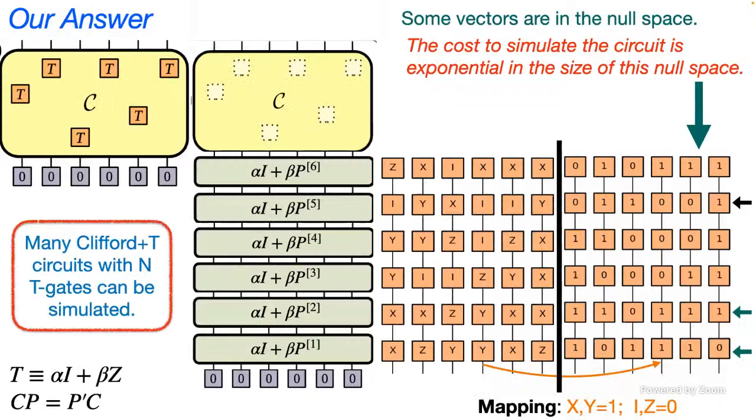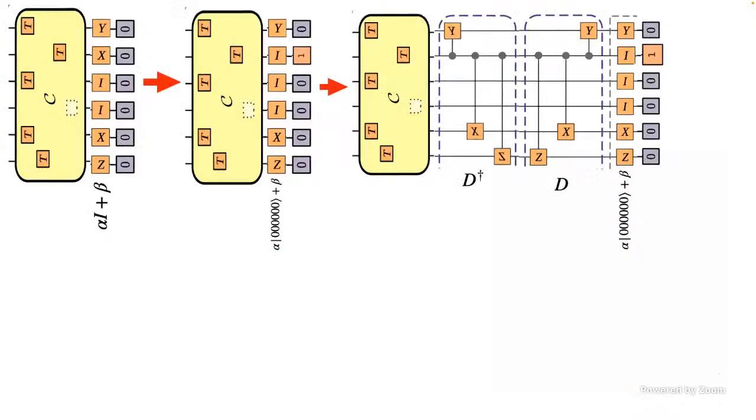Okay, so I told you the characterization. Let me tell you the algorithm. Someone hands me a circuit, and it's got a bunch of T gates in it. What you do is you pull out the first alpha I plus beta some poly. And now you look at that poly and you're like, oh, here's an X or a Y, but in this case, an X that's hitting 0.